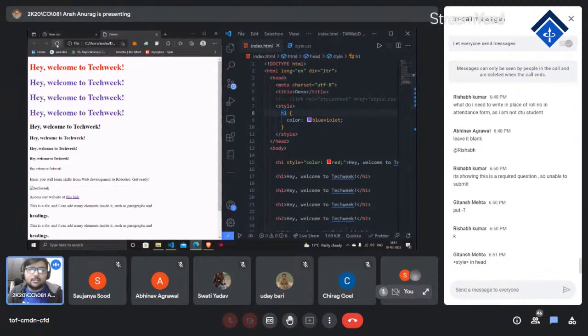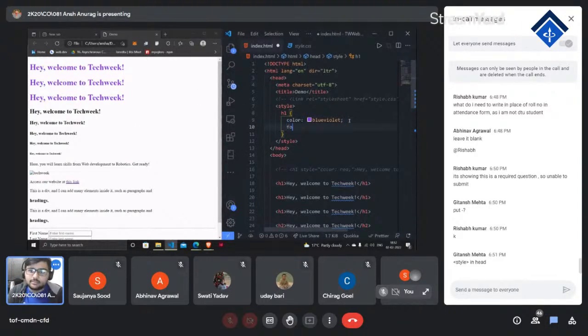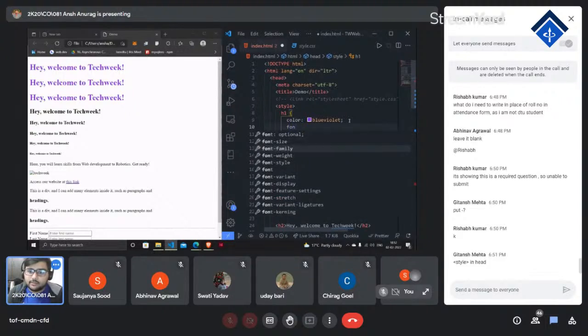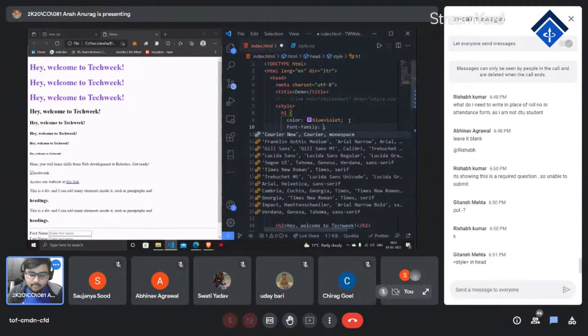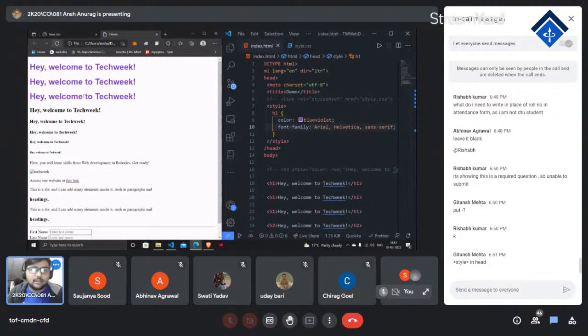लेट्स सेव इट एंड एक बार इसको रिफ्रेश करेंगे। ये वाला ओवरराइड करता है, ये चीज मैं अभी बता दूंगा। अभी के लिए ऐसे कर लेते हैं। ये देखो सारे ब्लू वायलेट कलर के आ गए। ये चीज समझ में आ गई कि हमने क्या किया, सारे H1 को एक पर्टिकुलर एट्रीब्यूट दे दिया, जैसे कलर है, और मेरे को फॉन्ट साइज देना है, फॉन्ट फैमिली, sans-serif। अब देखो फॉन्ट चेंज हो गया। ऐसे ही काफी सारी चीजें कर सकते हैं हम लोग। इसके साथ साथ हम लोग बैकग्राउंड कलर भी चेंज कर सकते हैं।